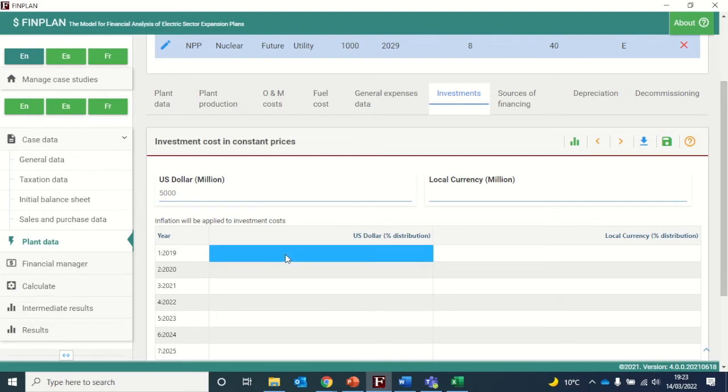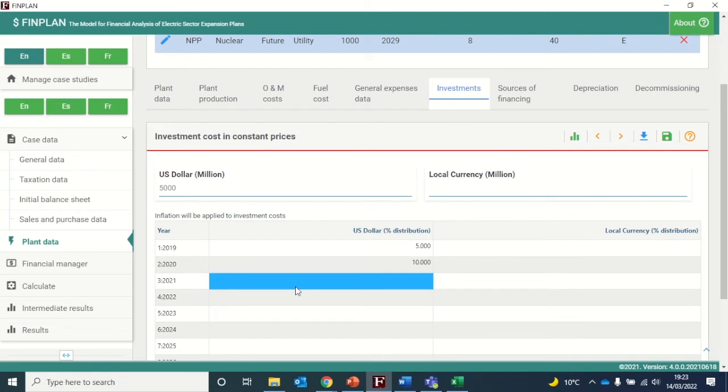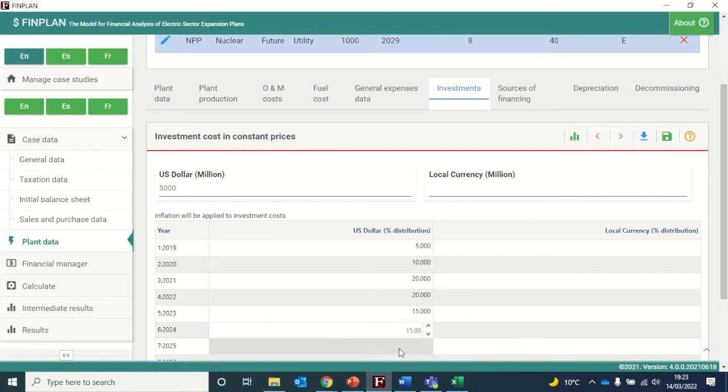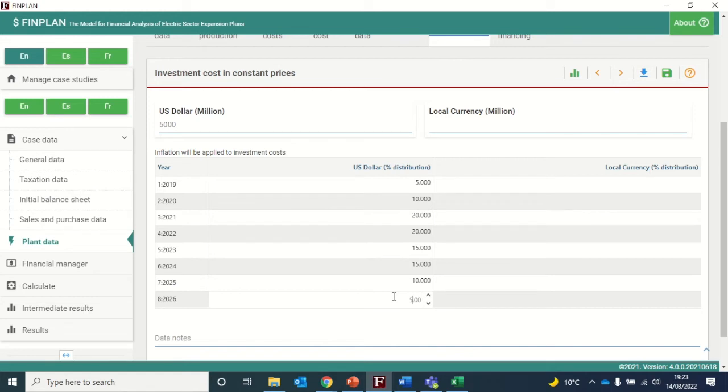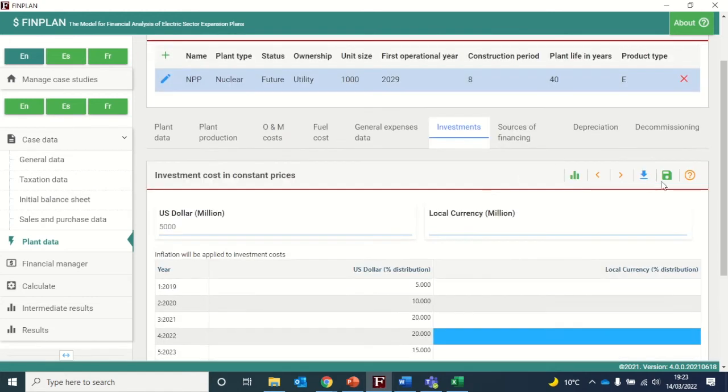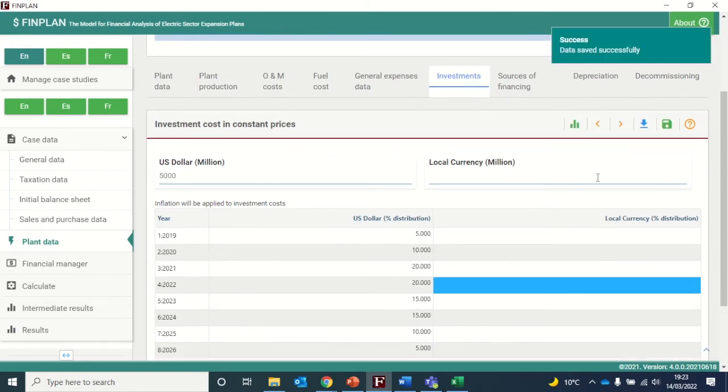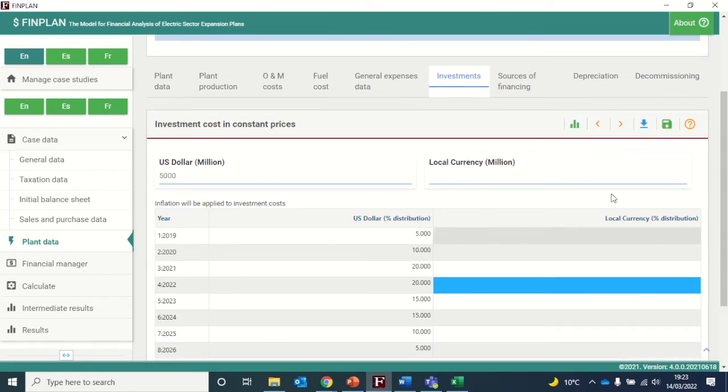And expenditures are distributed by 5%, 10%, 20%, 15%, 10%, and the last one is 5% over the construction period. And so with this, we will click on save. We were not given information on local currency, so we'll leave this half section blank, and move on